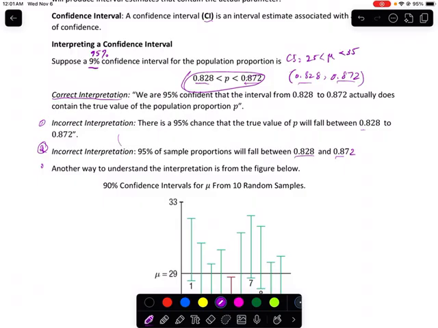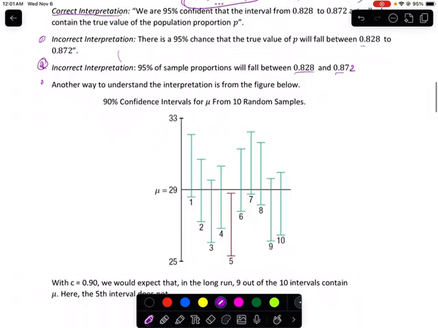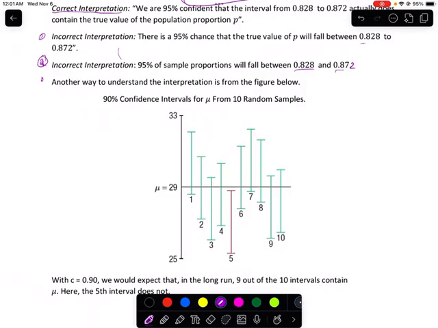So another way to understand the interpretation is from the figure below. This is a 90% confidence interval. We have confidence intervals from 10 random samples. So these are 10 intervals. For example, you can see the mean of the population mu is 29. And these are varying, the lowest is 25 and the upper limit is 33. So between 25 and 33 we can have a bunch of